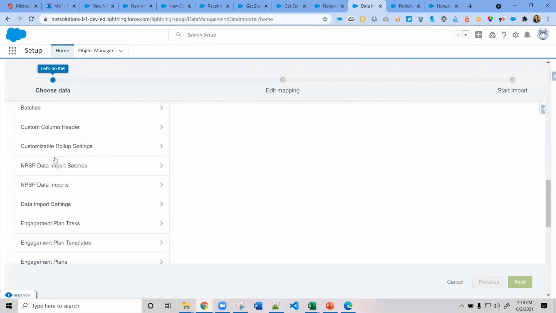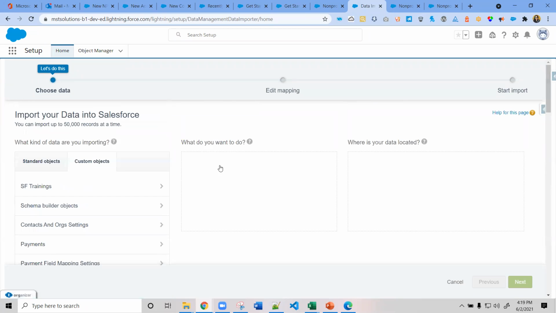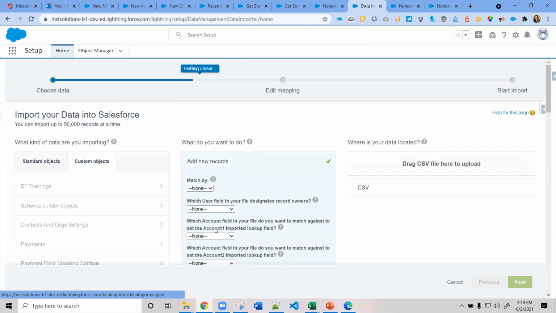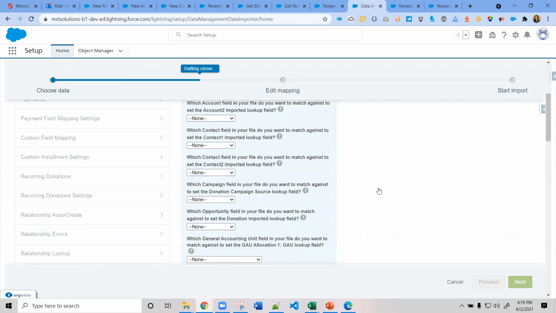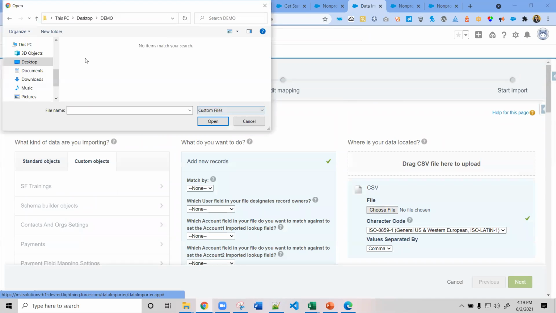Here we need to add the new records, and here we don't need to give any options. The format to load the data file is CSV. So I'm going to load the data and click next.